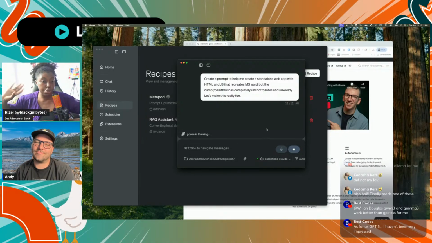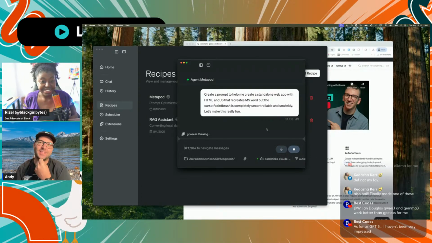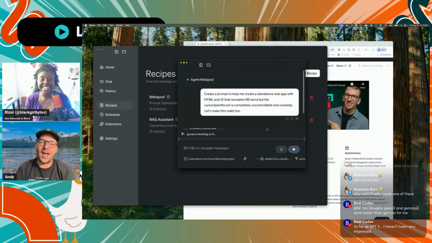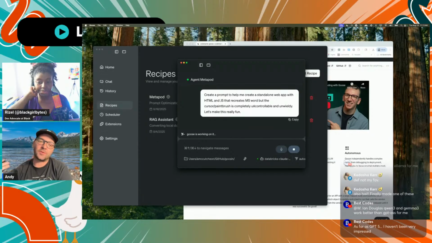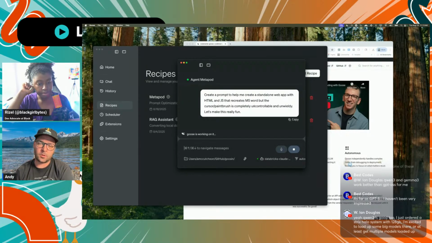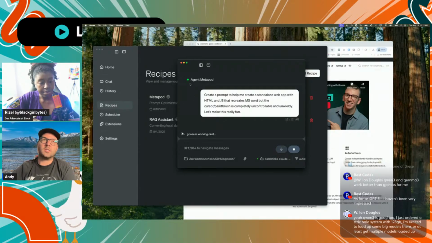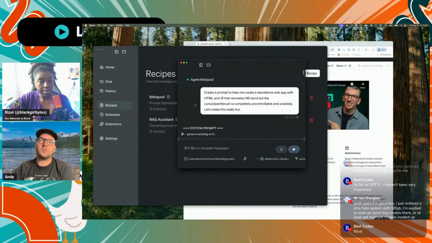Do you often do one-shot prompts? What was your strategy for this? I mean, my mind is just trying to grasp anything I can think of right now. And so I developed a recipe called Metapod that takes a plain language prompt. And this is for everybody. The spirit of this is making really high quality outputs accessible to everyone at Block. So it takes a simple language input and it generates a system prompt and a task prompt based on that input. So we'll see how it does. I have it saved as a recipe in Goose. So, this is fine, but we'll see what it did.